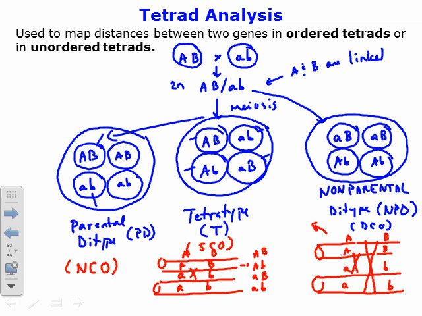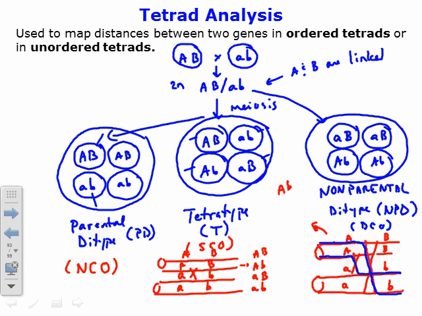That would yield a big A, little b. The first spore would be big A, little b. The second spore would be big A,